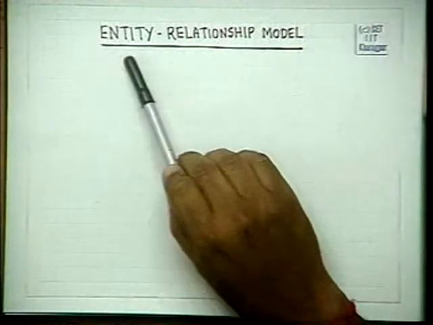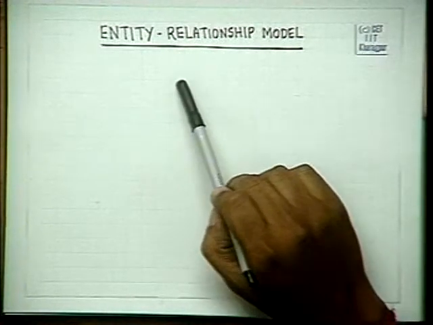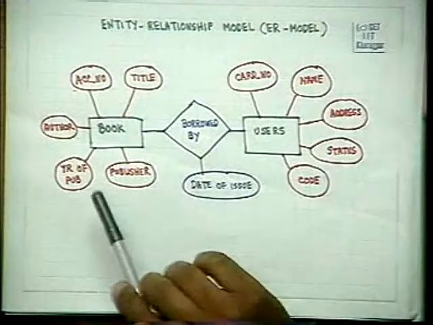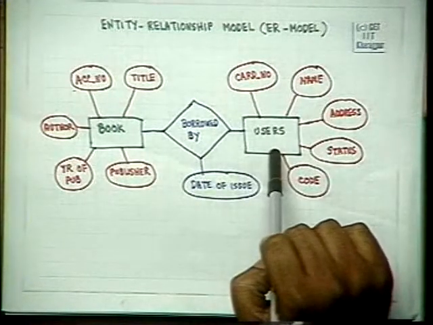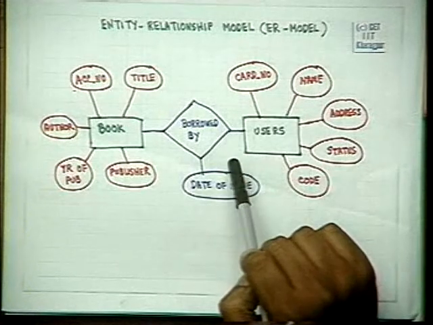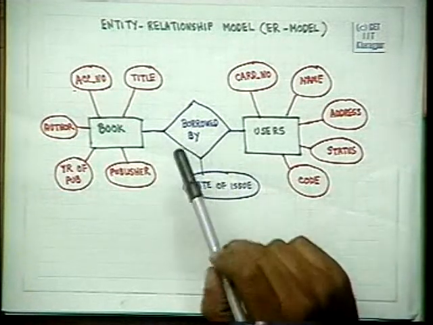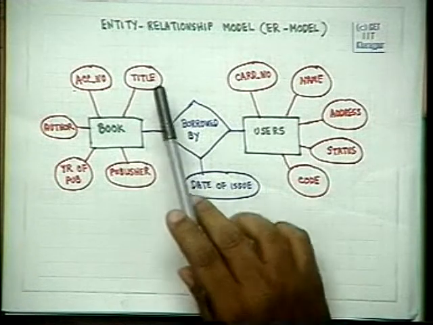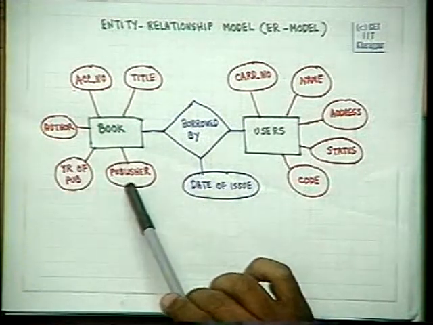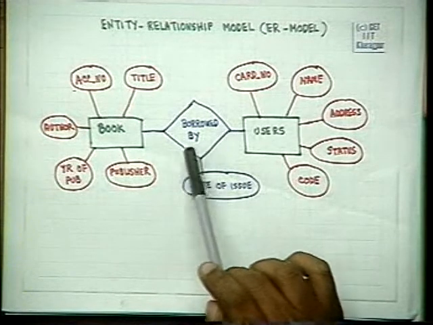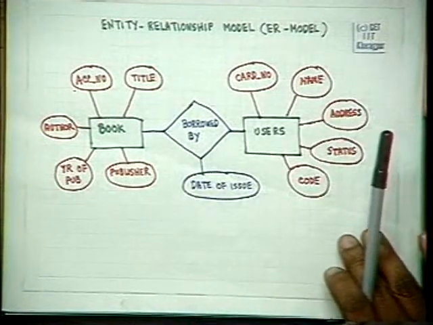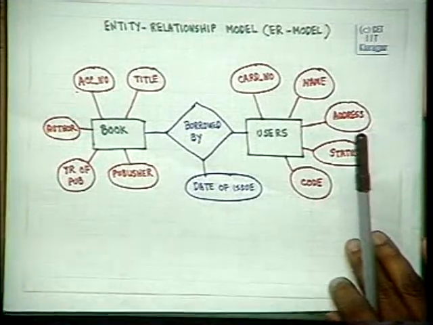The topic of today's lecture will be the entity relationship model, or the ER model as it is popularly called. We had seen in a previous day what an entity relationship model looks like when we discussed the simple situation of the library database, and we said that it consists of three major components: the entities, the attributes of the entities, and the relationships. Today we will see the conceptual modeling using the entity relationship model in more detail.